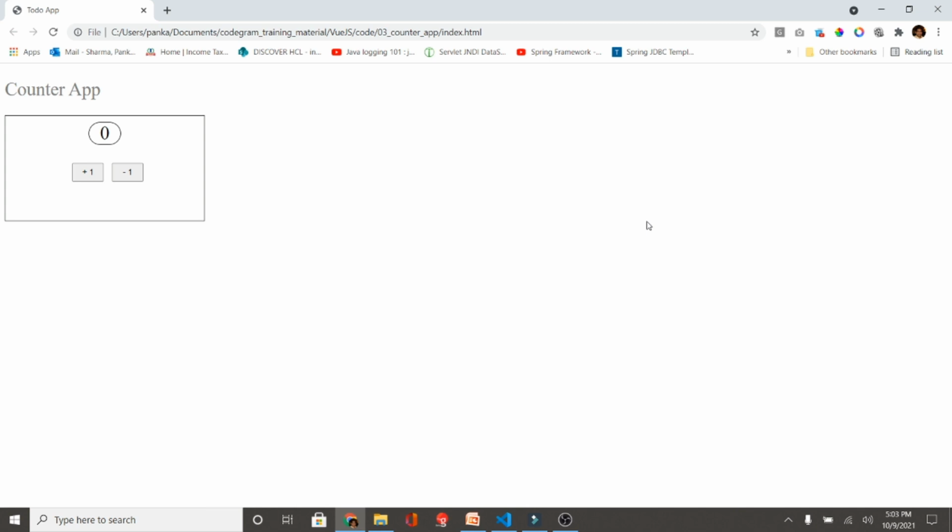Hello everybody. So in the last session we discussed this counter app, along with handling the user input, or event handling. With this particular series itself, I just want to give you one more idea. There is one more thing that you can do, and that is two-way data binding.